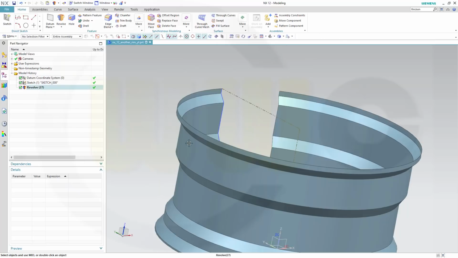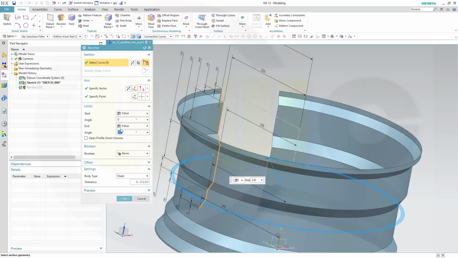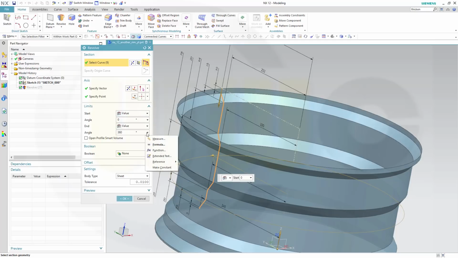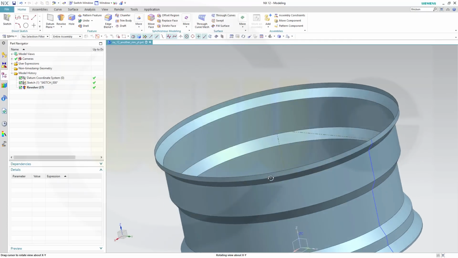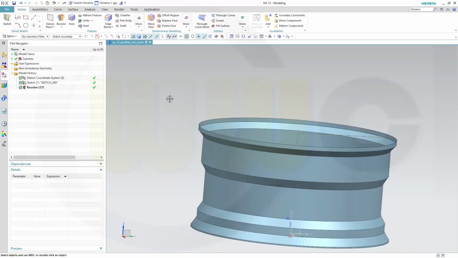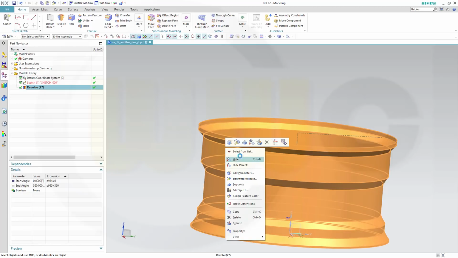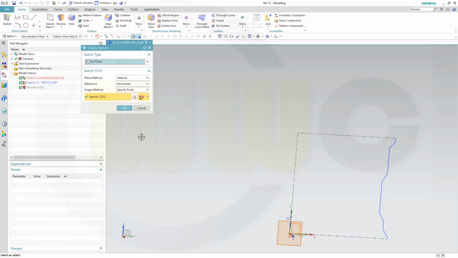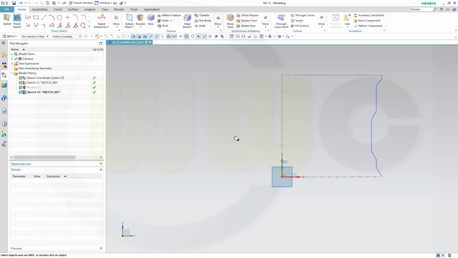And okay. And that's really strange behavior here. There should be some full circle option. That would be great. And okay. Nice. Now I will need some more sketches. I could hide that for the moment. And another sketch on that plane. Okay. And I want to go for